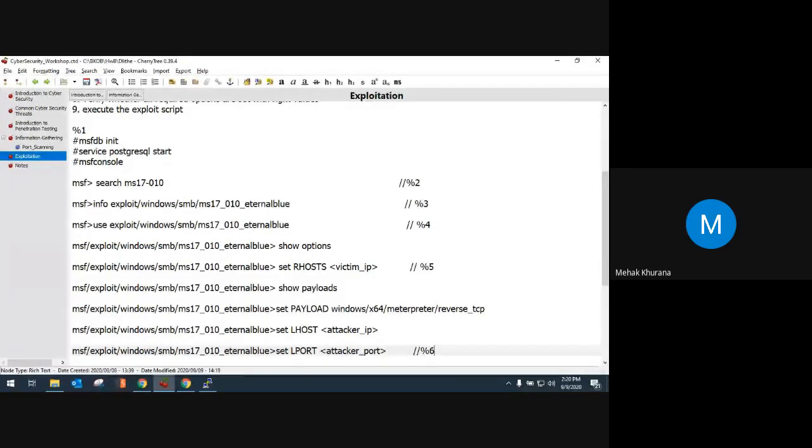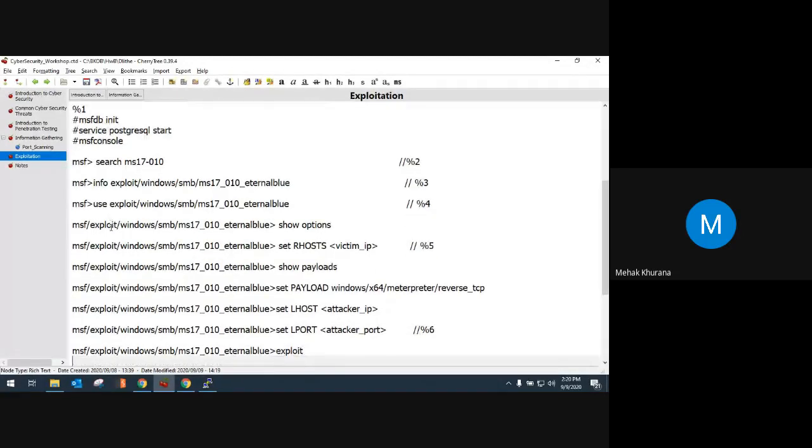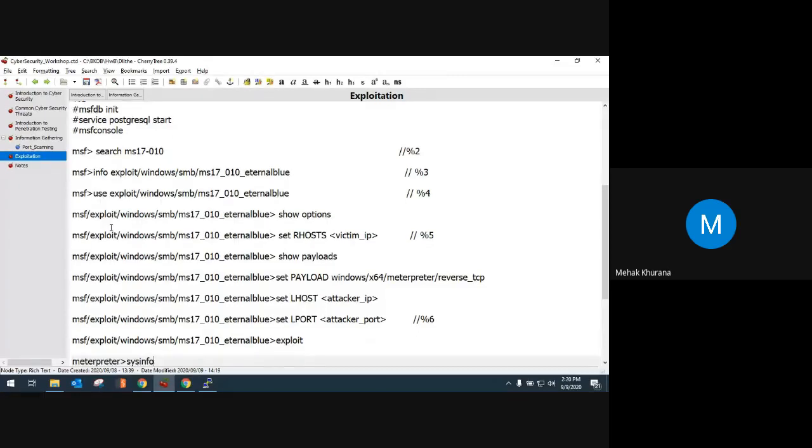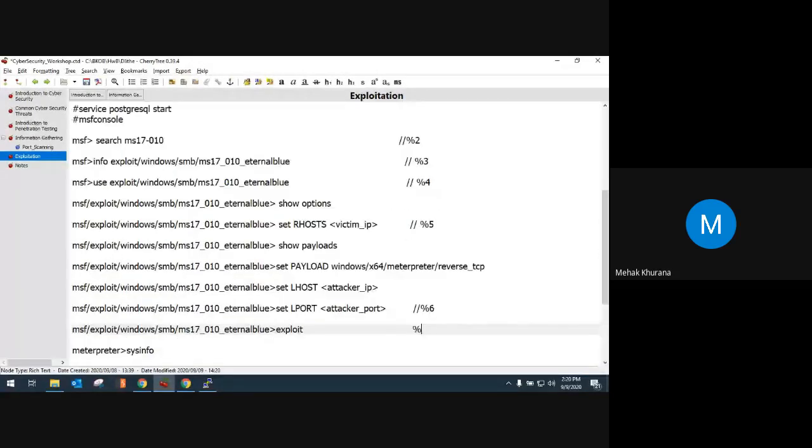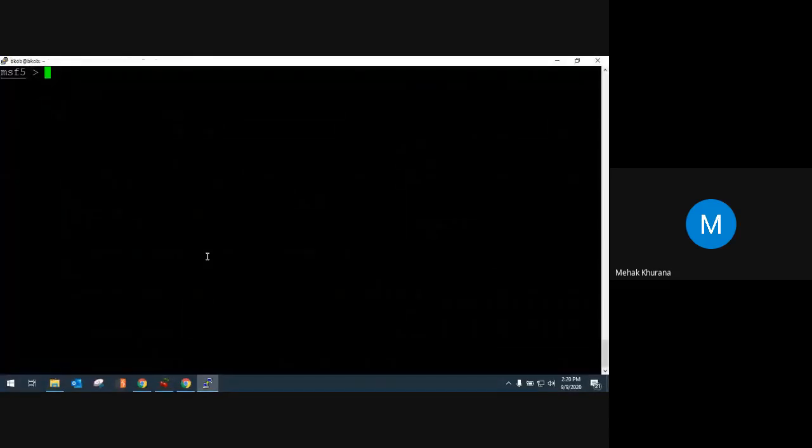Hi, Bharat sir. I just want to ask one thing. How can we decide which payload we have to take for a particular exploit? Because the exploit can be decided by searching the information of our exploits, so we get a number of exploits and auxiliaries. But how should we decide which payload we have to choose for that particular exploit? Are there specific payloads for that, or do we have to learn by executing the different exploits? Yes, basically you need to do both.